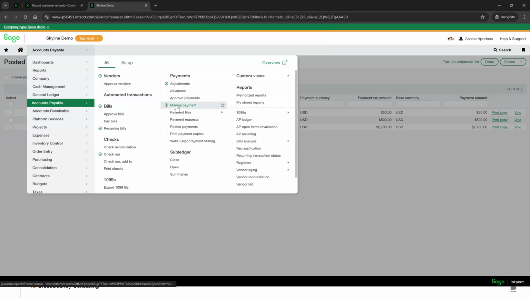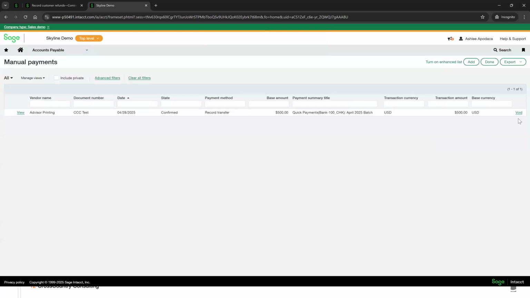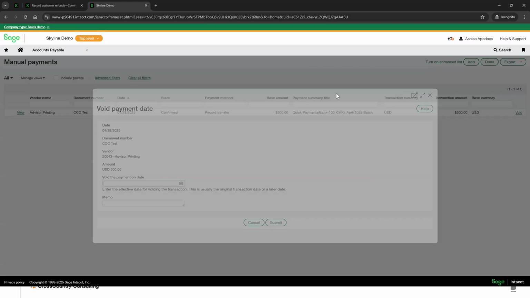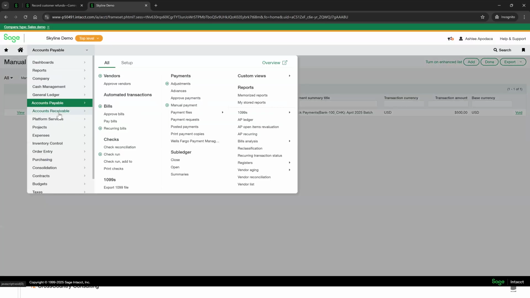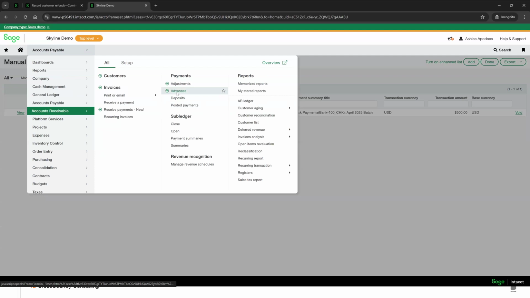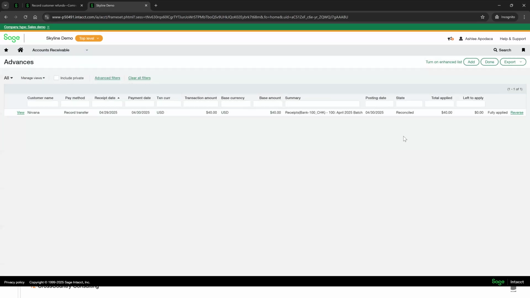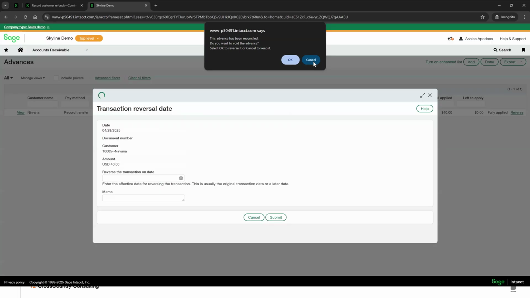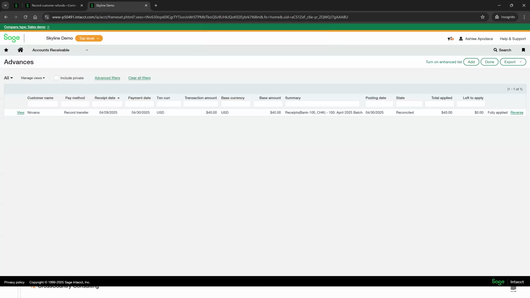And I'll show you this for manual payments within AP. Same warning message. And if we go to accounts receivable, we'll click on one of our advances here. If I click reverse, because I haven't applied it, I can still see that warning message here. Again, this safeguard helps you avoid any unintended changes to reconciled periods